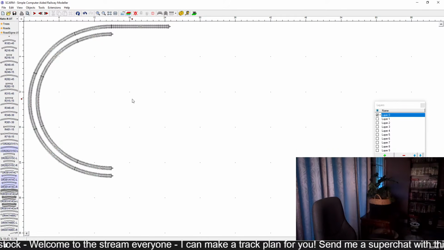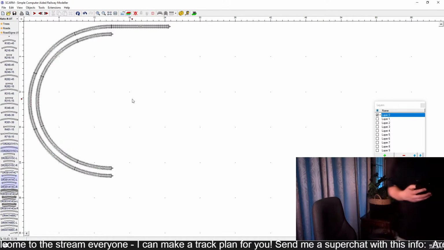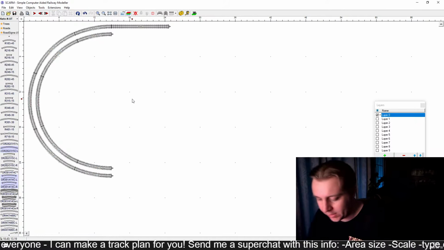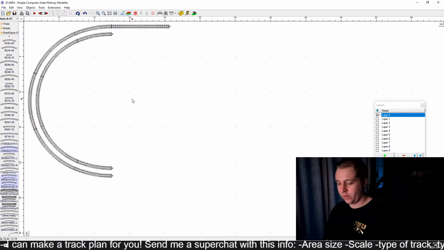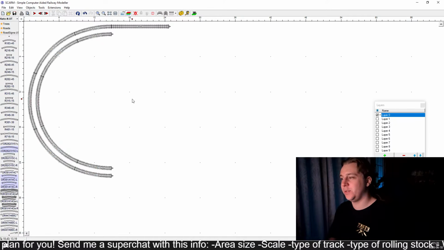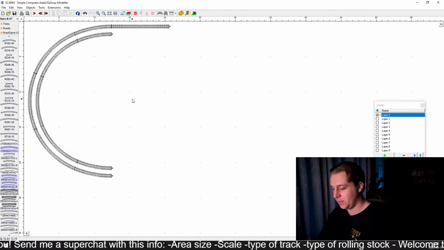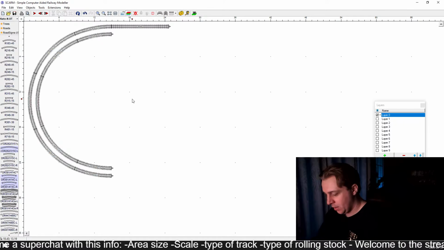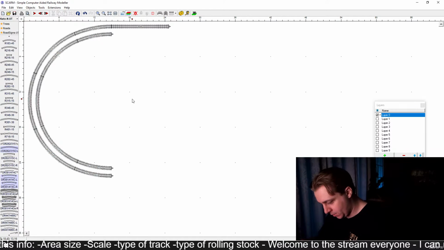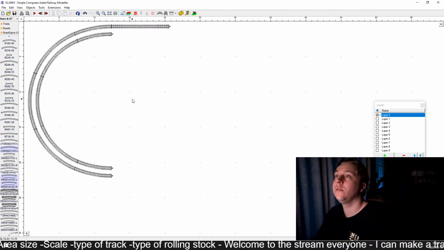So, pro tip for anyone who does what I'm doing: instead of remembering, just take pictures of your layout, which I just did, and use those pictures to look at the track pieces you use. So, for the front straight, I used, that's a 248 mil